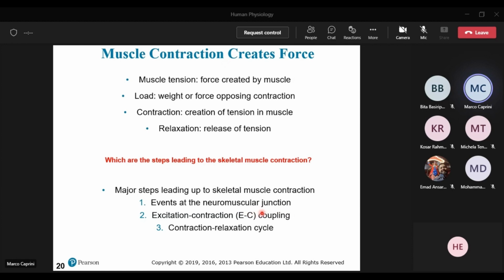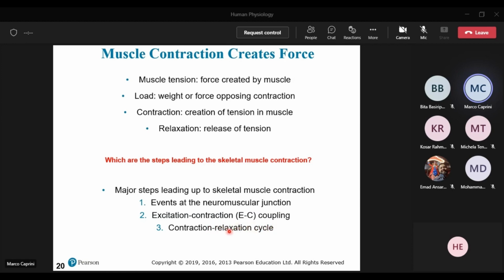The calcium needs to return to physiological level after the contraction. And you already know everything about the players that maintain the calcium concentration at a physiological level. And finally, the contraction-relaxation cycle is going to be explained, we will see it soon,